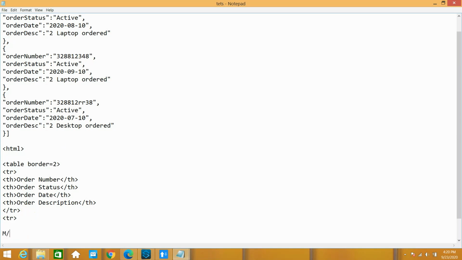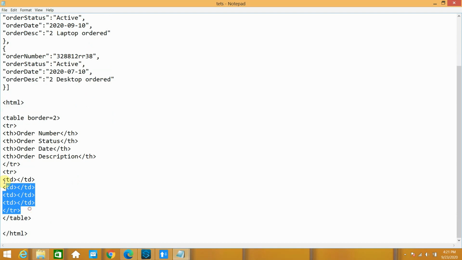Again I want a second row, and I want to read the actual values now. In that case I will use a Mule expression to read the actual value. I want something like td and closing td. I will copy this particular part.